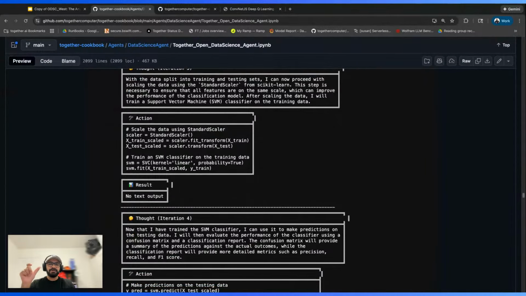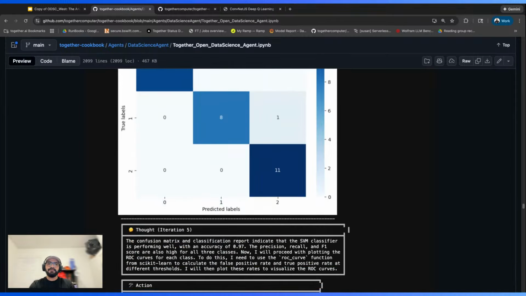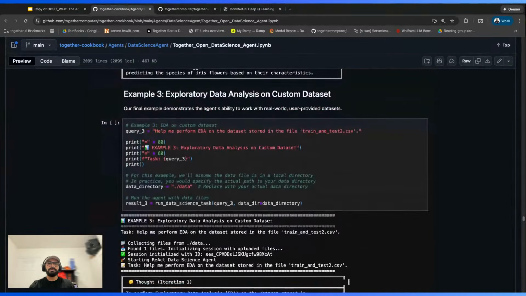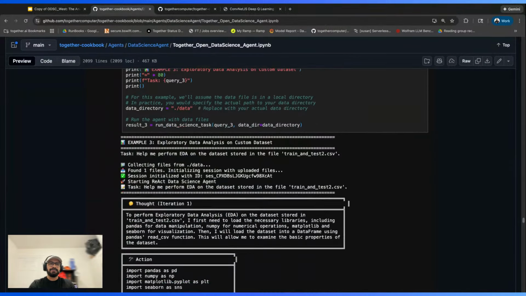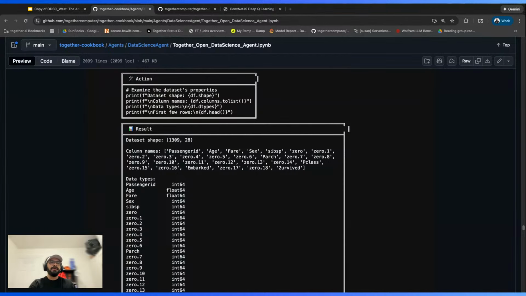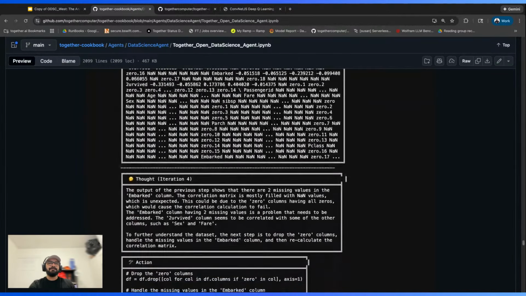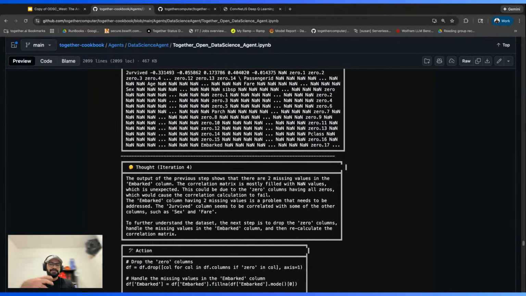And you can even give it a budget to say, you have 20 steps to solve this problem. And then depending on how hard the problem is, you can increase that budget or give it an open-ended budget to keep on iterating. And so it can do really cool things that classically data scientists have worked on. You could give it even your own custom data set and ask it to just explore and fit a classifier or fit a regression model to that data set and look through the trace of everything that it's performing. Right? And so when we looked at this, we actually gave this agent really complex problems, and